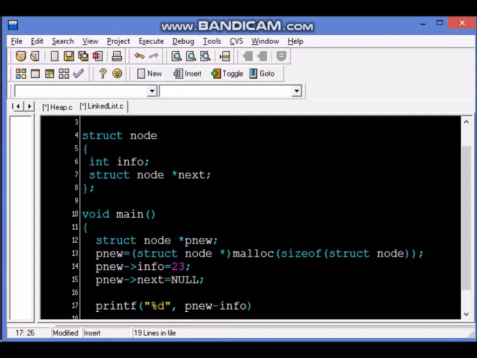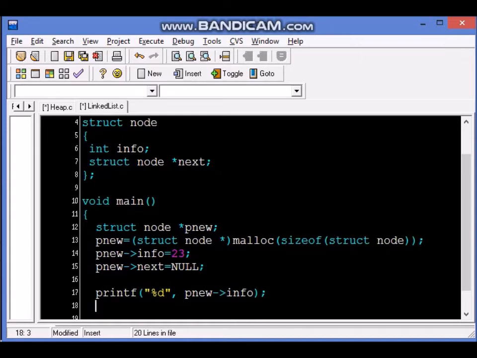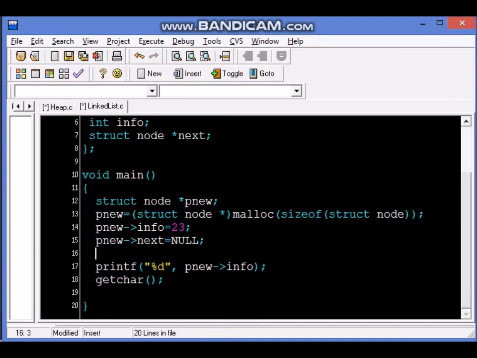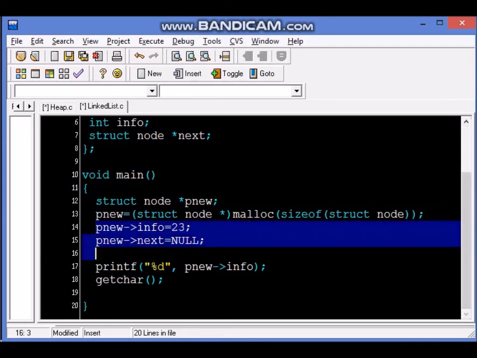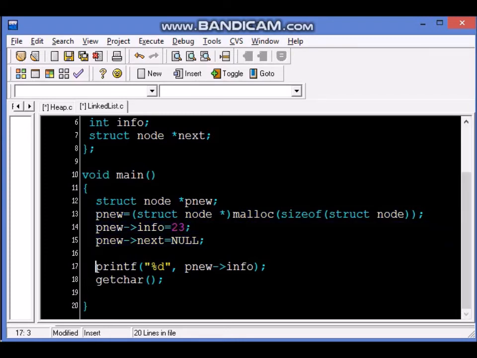info. So the way we access the data in a struct is by putting this arrow thing, which is two symbols, the hyphen followed by the greater than symbol, or the minus sign followed by the greater than symbol. So now let's see the output of this and see whether the program is having errors or is it able to run well. Simply allocates memory, initialize it, and we display.